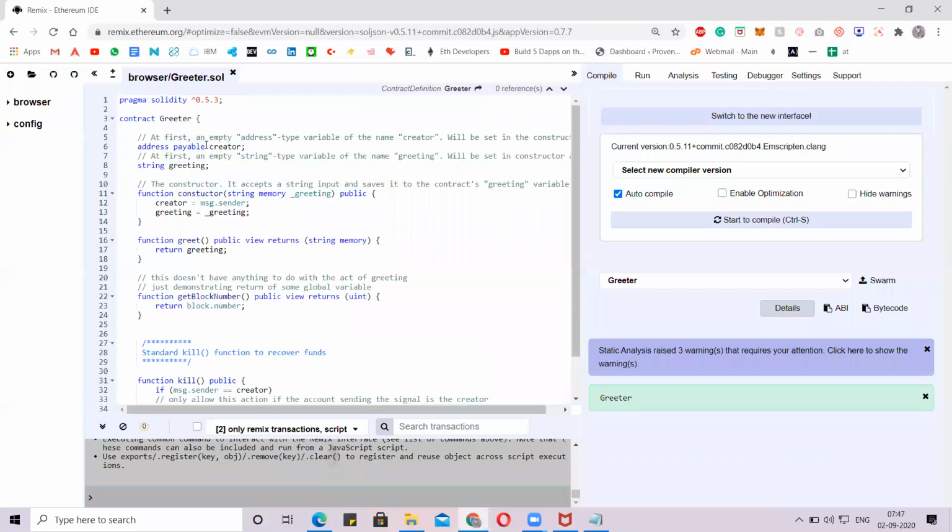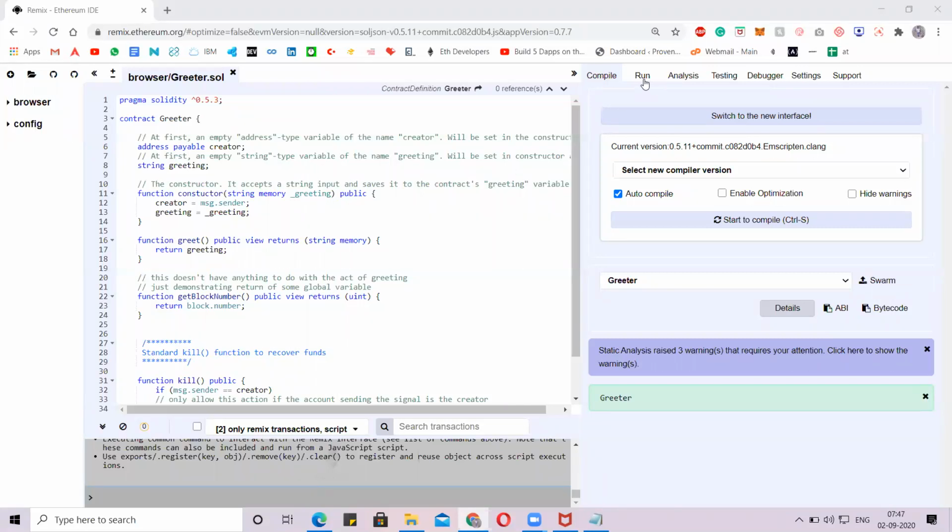So I have told you this is the structure. Now after giving a contract name, we need to determine the fields. We have a Greeter function here. I'll tell you what this contract will do, then you will understand what the logic is and what the attributes, the strings, and the unsigned attributes have to be declared first in the structure.